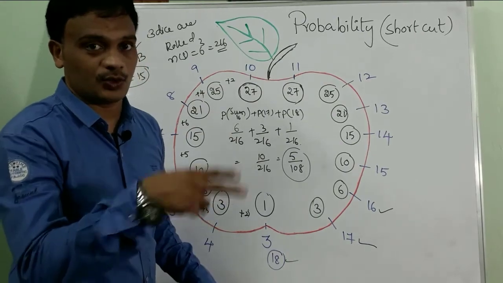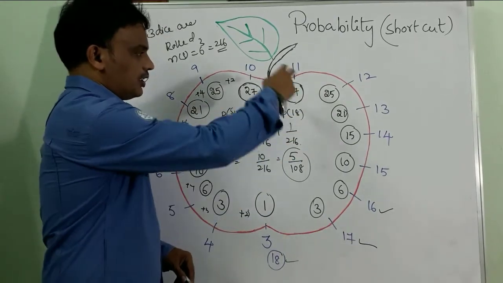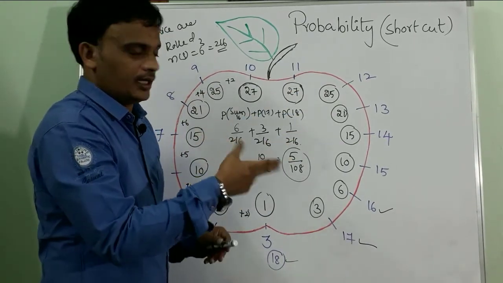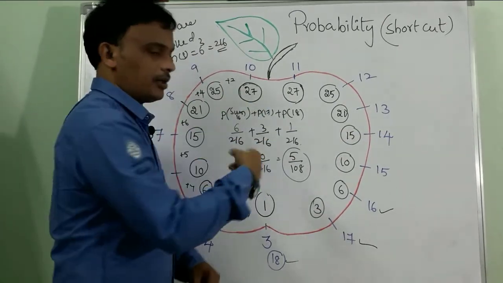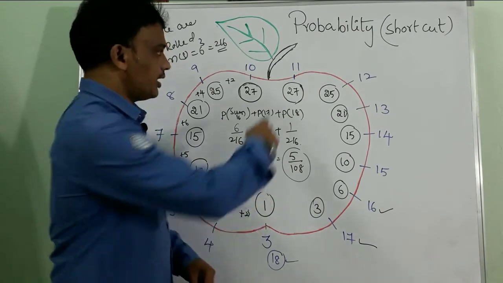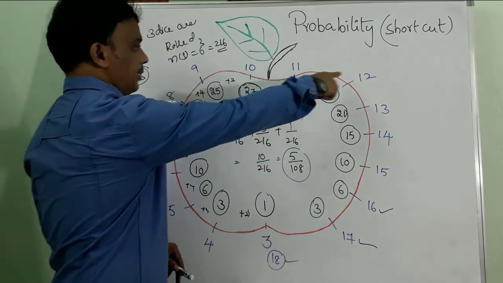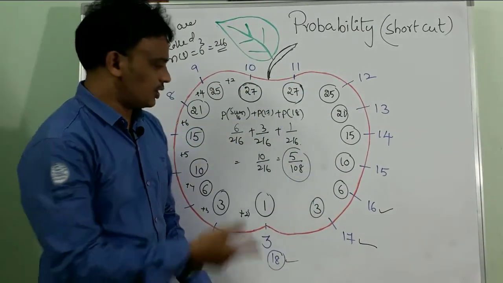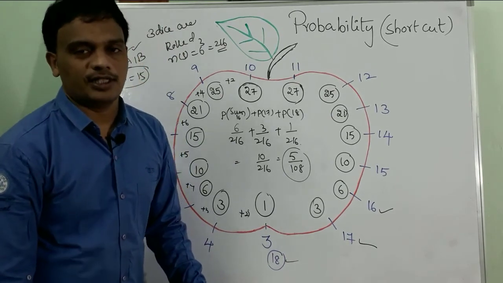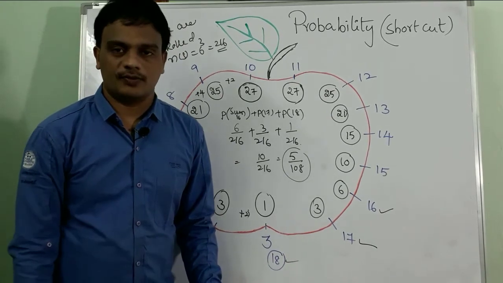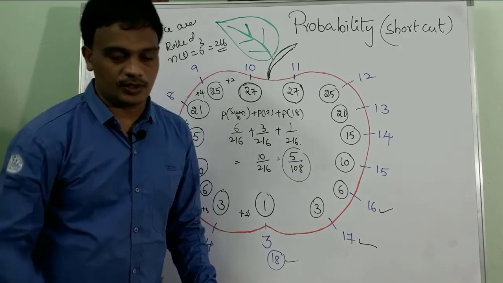In that case, to get the quick values, the favorable values, within seconds, you can imagine this magic apple, or you can draw the magic apple, and please draw this. I mean, the favorable cases you will get easily. Just within seconds you will get the answer to whatever question they ask, in case of 3 dice rolled like this.